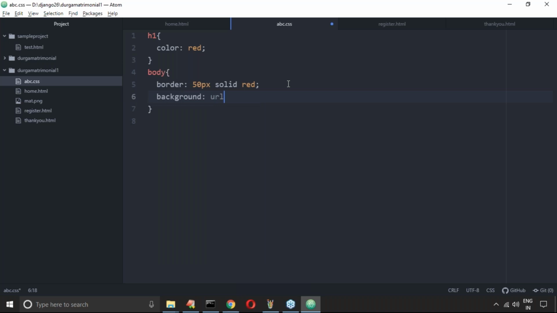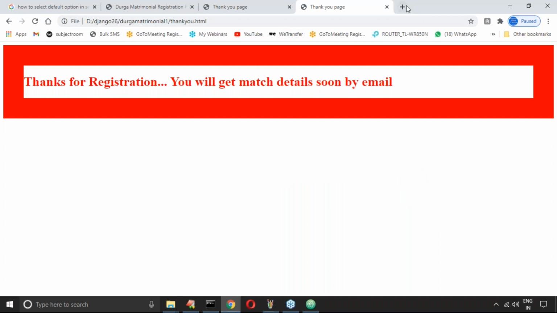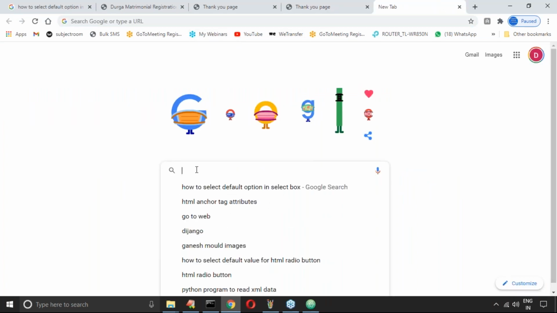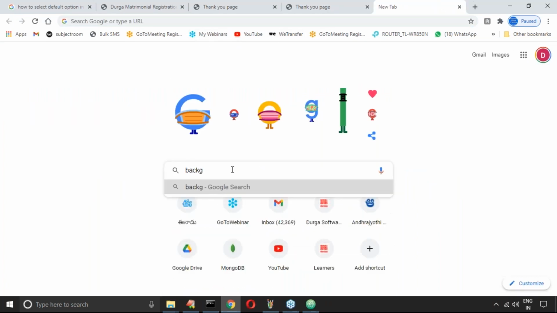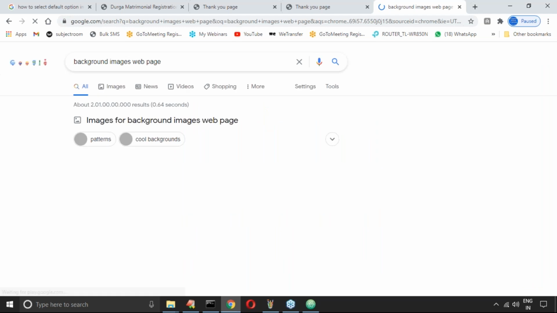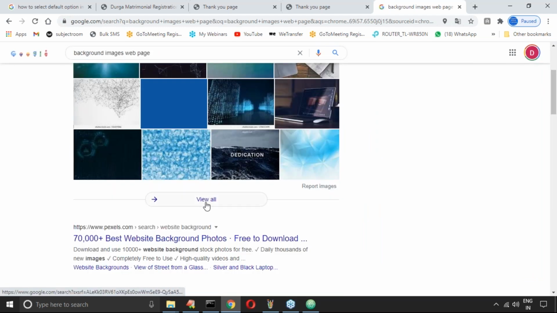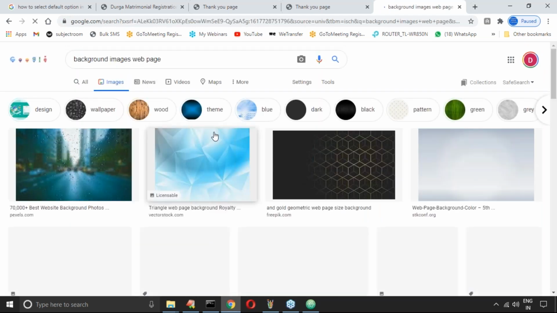You can specify which URL is required from the backend. Suppose from Google, just search background images for my web page, background images for the web page, view all.